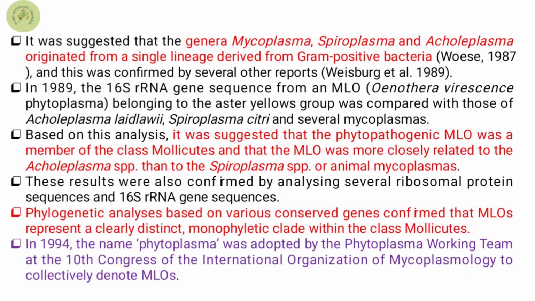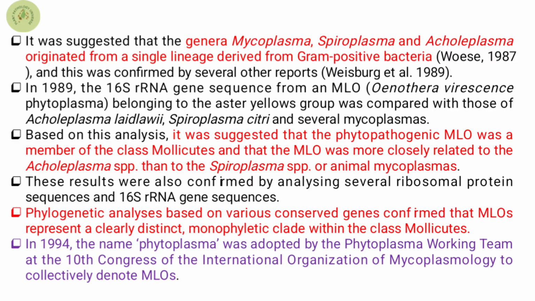This you can remember in your mind, right? And basically we have to carry out the phylogenetic analysis, that is using the 16S rRNA sequencing to confirm that MLOs have a different clade from your spiroplasmas. Okay, so basically, as I already discussed, it was in 1994 the name phytoplasma was given, and that was proposed